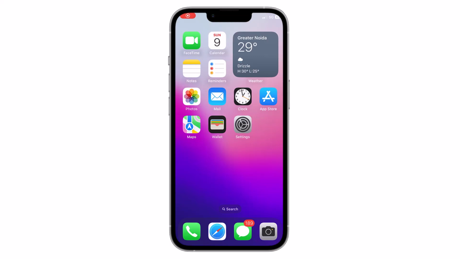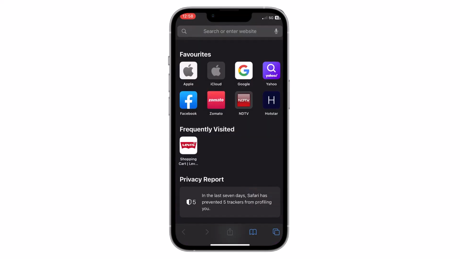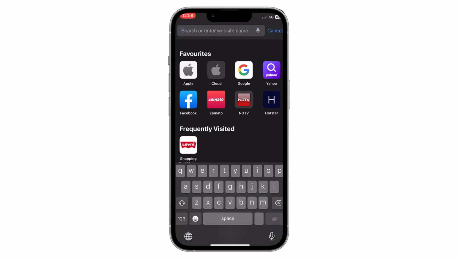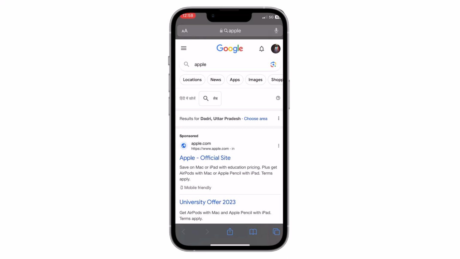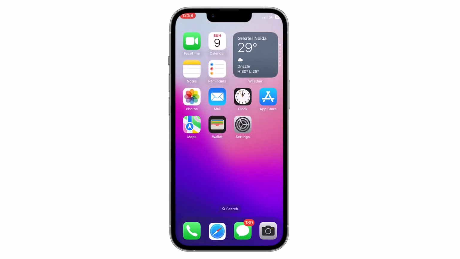Hello everyone. In this video I will show you how you can change the search engine on your Safari browser. By default it is set to Google. For example, if I search for anything, you can see the search engine is Google and it's searching in Google. So if I want to change its default search engine, what I have to do is just open